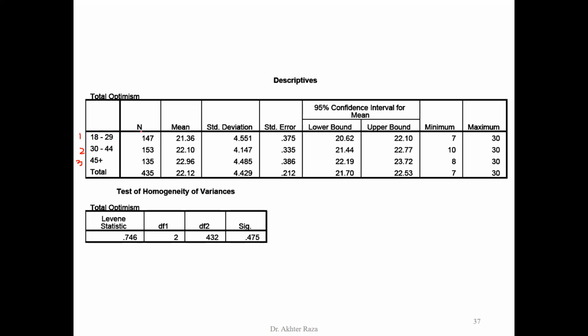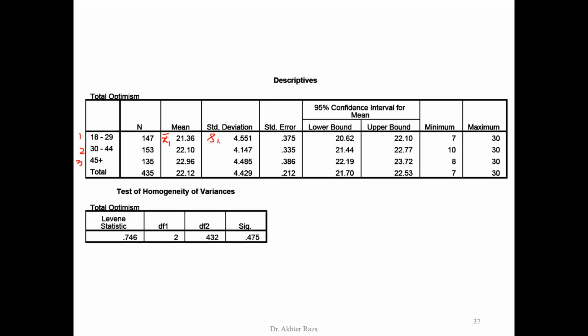And these are the numbers of observations, the number of participants, which are 147 in the first age group, 153 participants in the second age group, 135 participants in the older or senior group. Means are quite close to each other, and these are the sample means: sample mean 1, sample mean 2, sample mean 3. These are the 3 sample means, and these are the sample standard deviations